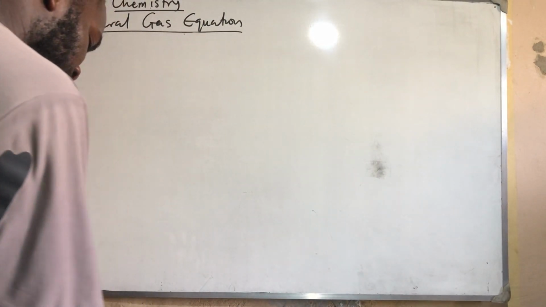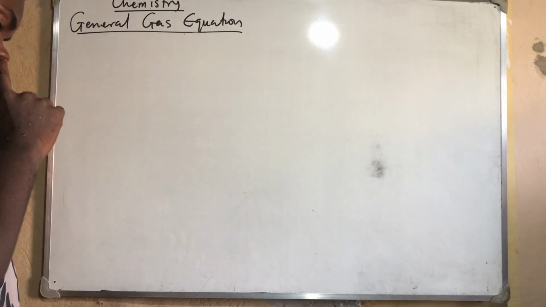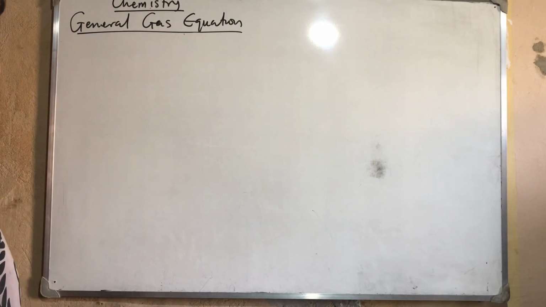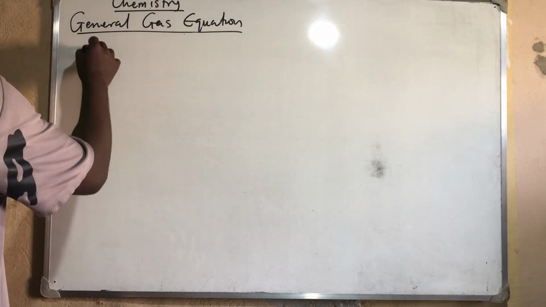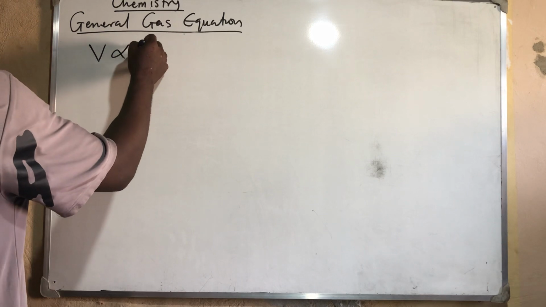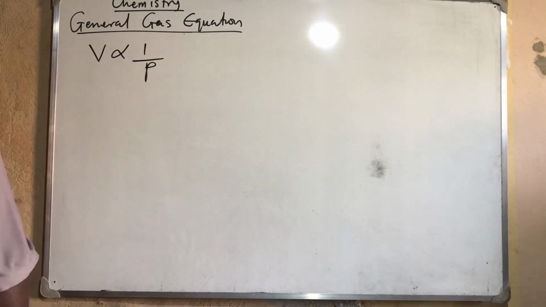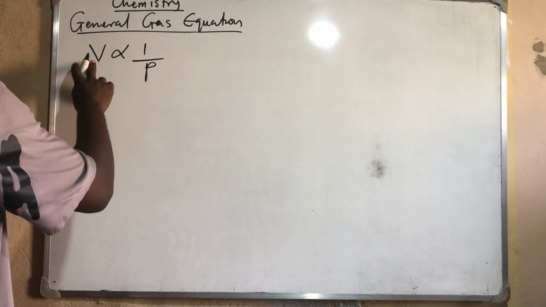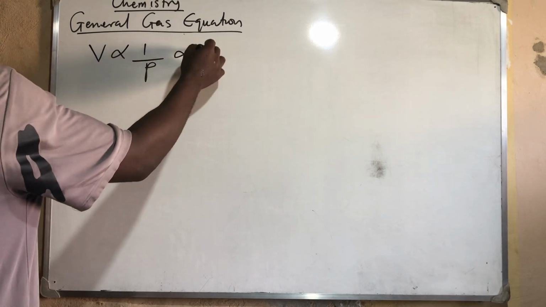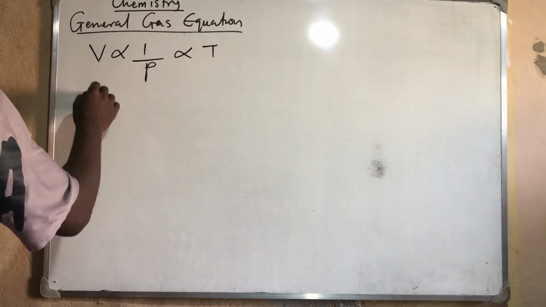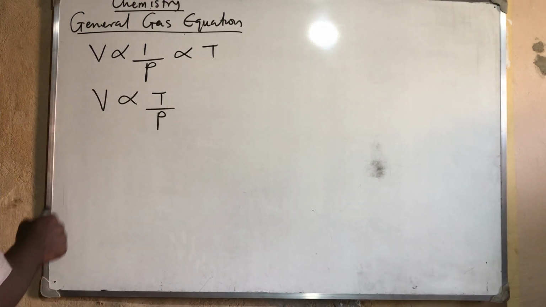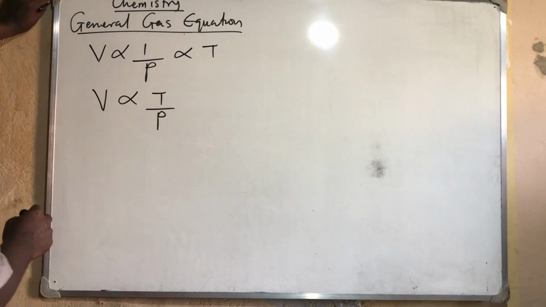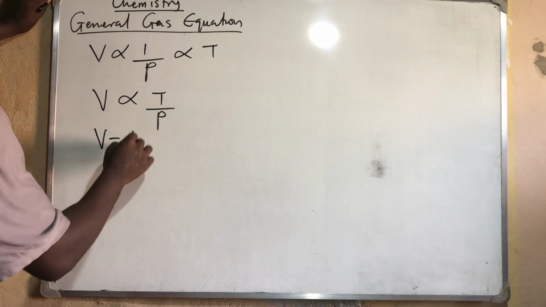So now let's talk about the general gas equation. The general gas equation is the relationship between volume, temperature, and pressure, and it is the combination of Boyle's and Charles' law. Don't forget that Boyle's law states that volume is inversely proportional to pressure, and Charles' law states that volume is directly proportional to temperature. If you combine these two, volume is directly proportional to temperature and inversely proportional to pressure. If you want to remove the proportionality sign and bring in the proportionality constant, you have that V is equal to